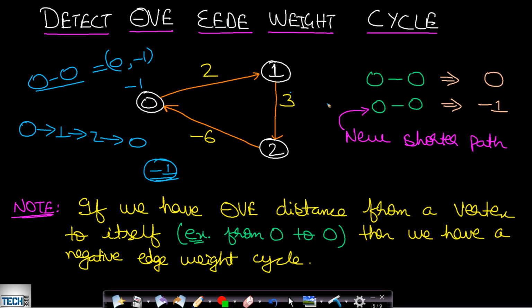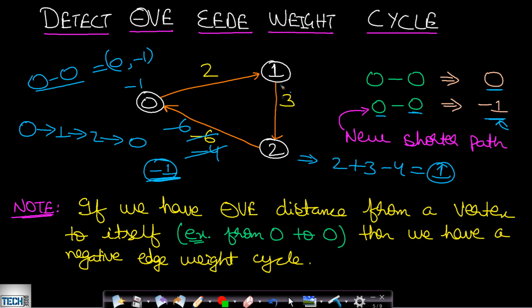So you can see that from the same vertex to the same vertex the distance should always be 0, but since you have a negative edge weight cycle, you are getting weight equal to minus 1. Now if it was minus 4 instead of minus 6, then this would not be a negative edge weight cycle, because the effective edge weight should be negative, but in this case it will be 2 plus 3 minus 4, which will be 1. So this does not have negative effective edge weight, so this is not a negative edge weight cycle. But if it is minus 6, then this will be a negative edge weight cycle, because the sum of the edge weights for this cycle will be negative, which is minus 1. So this is a problem.